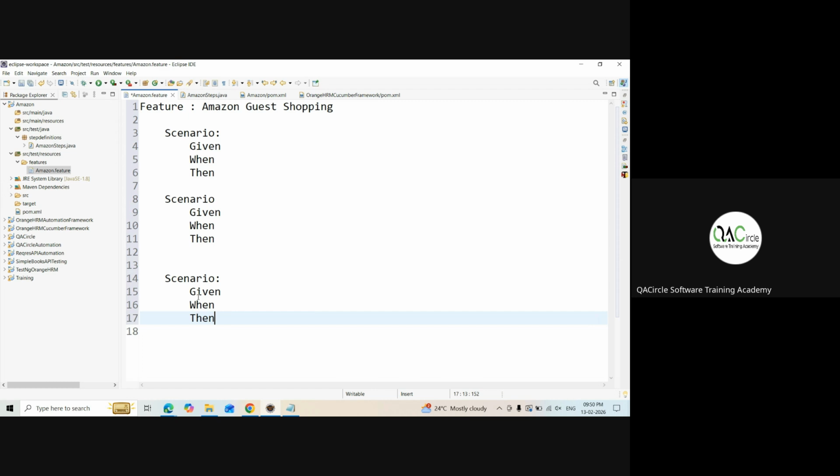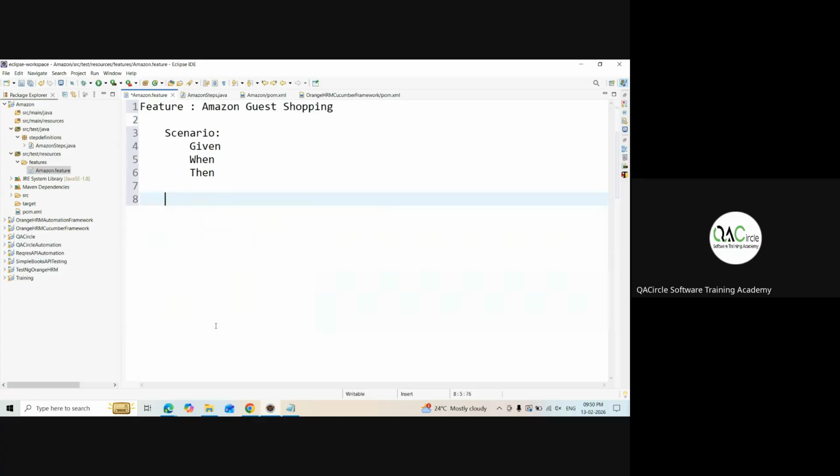Okay. So I'll remove this. Let's see one scenario for all. But you guys have to do your own scenarios. My scenario was what I explained in the beginning: search iPhone and click the first one. So given, when, then